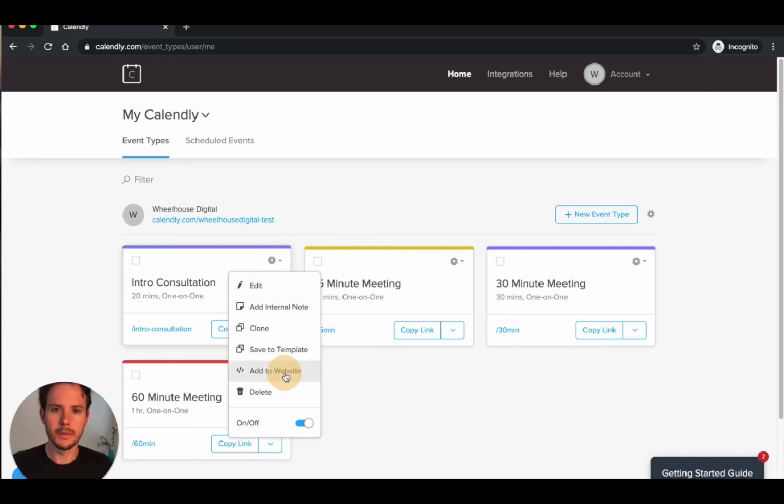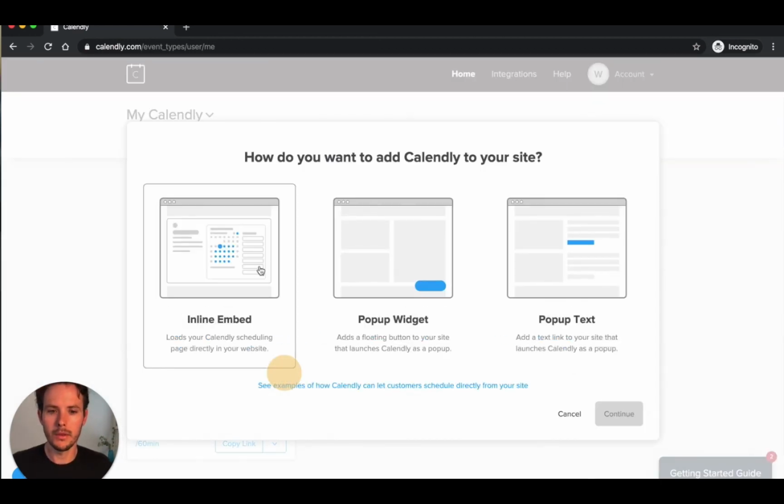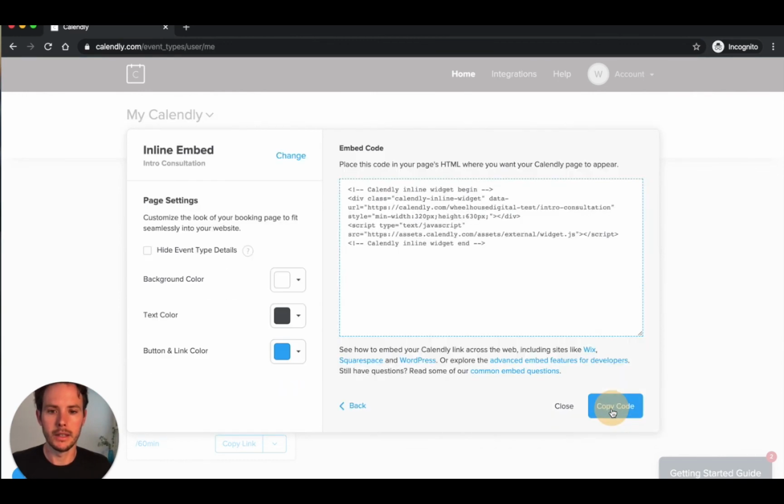All you do is click this button, add to website, and you have a few different options. Inline embed just means that the widget itself will show up on your page as is. Pop up, obviously you're going to click a button and it's going to pop up. The simplest option for now is just let's do inline embed. Click it, click continue, and it's going to give us some code. All you do is click copy,